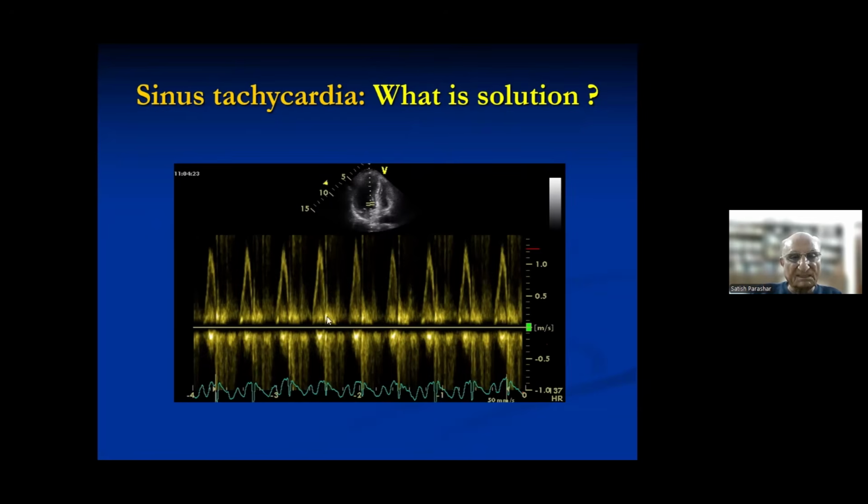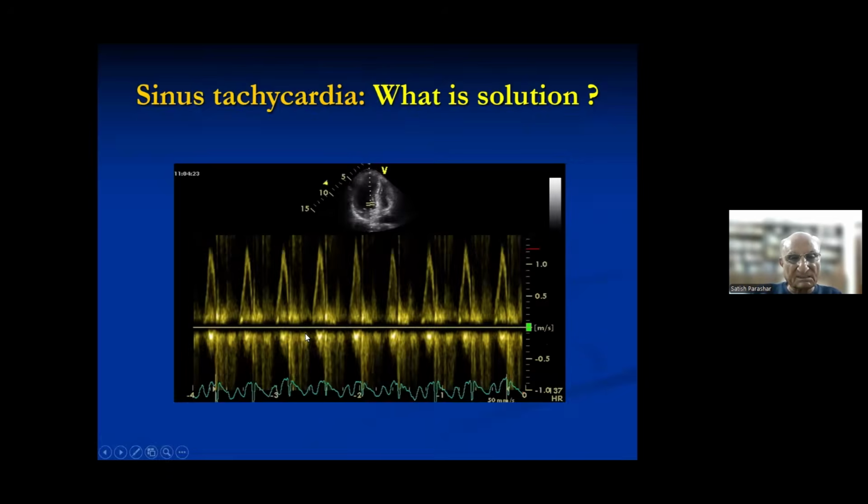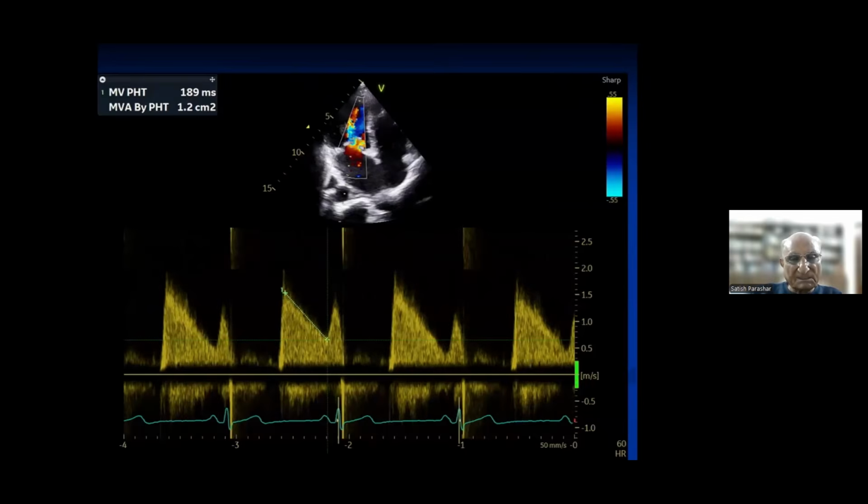We want it like this again. Now this is just to show you that when your heart rate becomes less, you get this as compared to the earlier one. So this is our aim. Here you see the heart rate came to 60, but every time it may not be there. The main idea is that there you cannot see anything, but here you can see the whole slope, and you can plainly trace it to get a peak and the mean gradient. As I told you, whenever you trace an envelope, you get a peak and the mean gradient. So this is what we do.